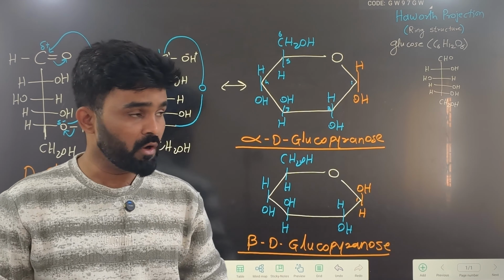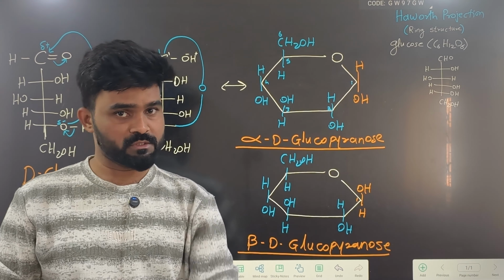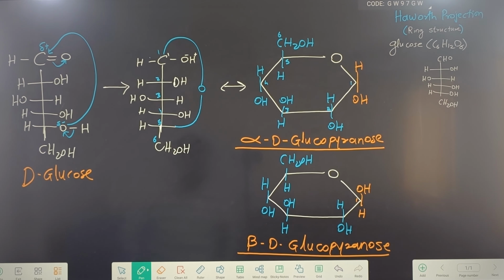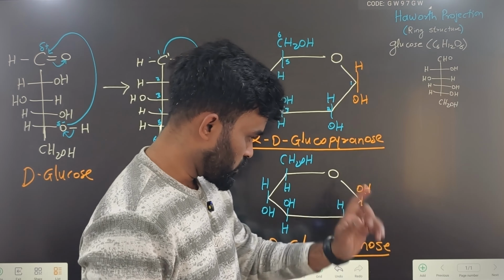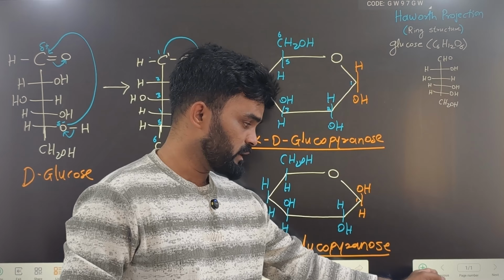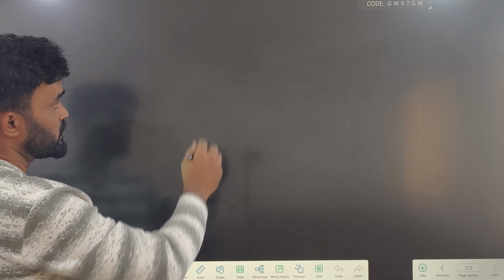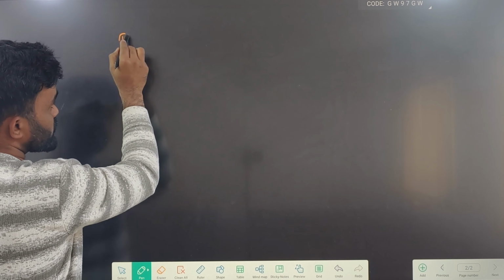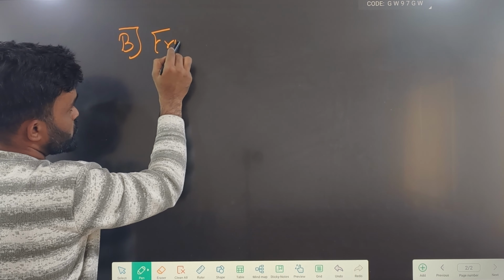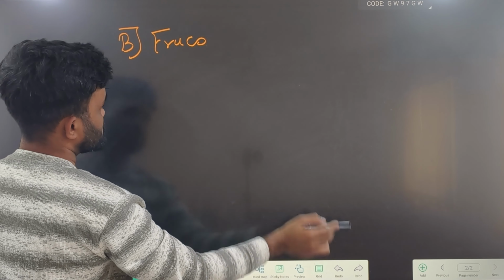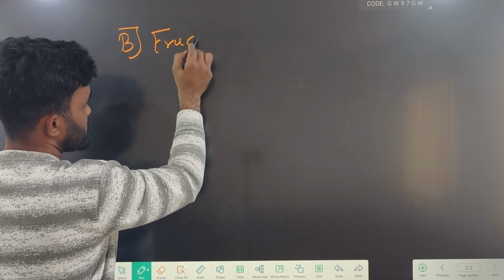Okay, then go for ring structure of fructose. Okay, so if clear with this, let's move ahead now for fructose. Now if I say fructose, spelling चुकते हैं. Fructose again,